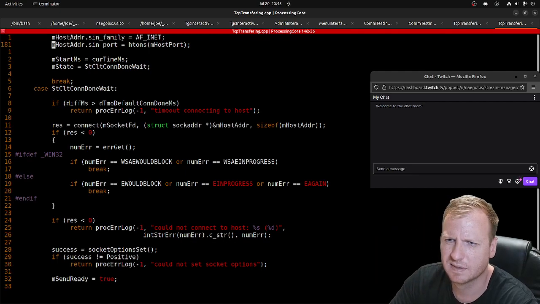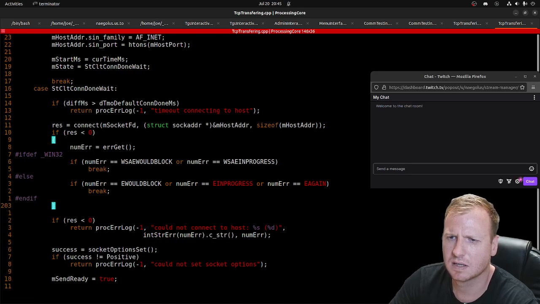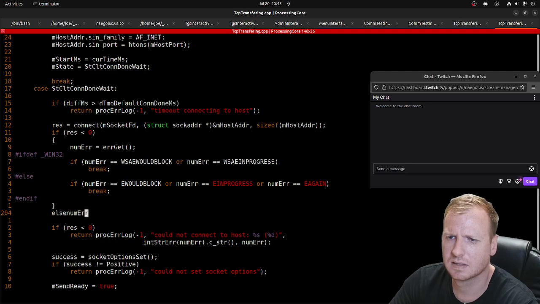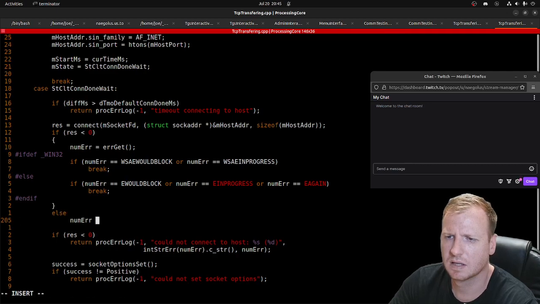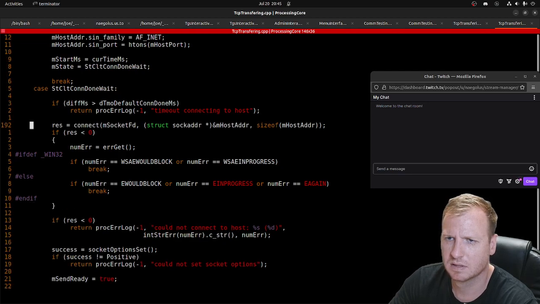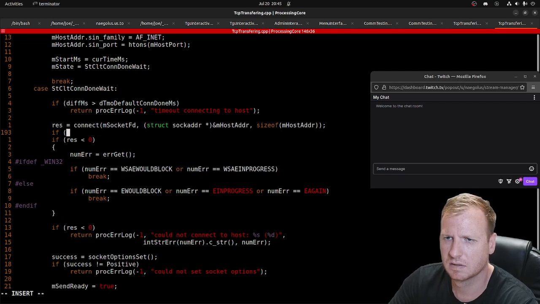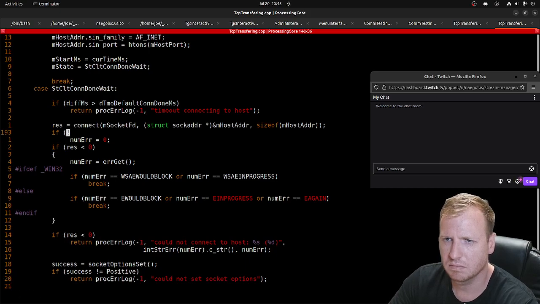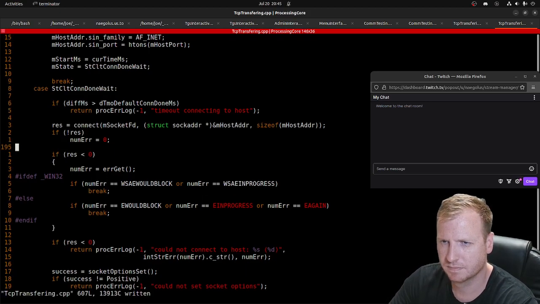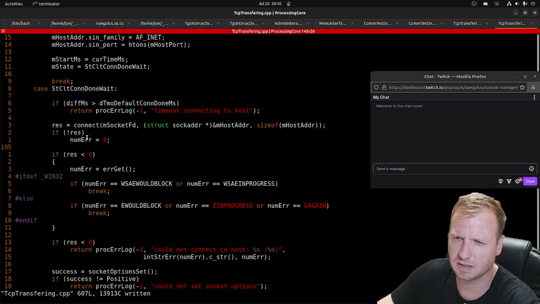If we have to say, if res smaller than 0, then else num error is 0. If not res, error is 0. Otherwise,